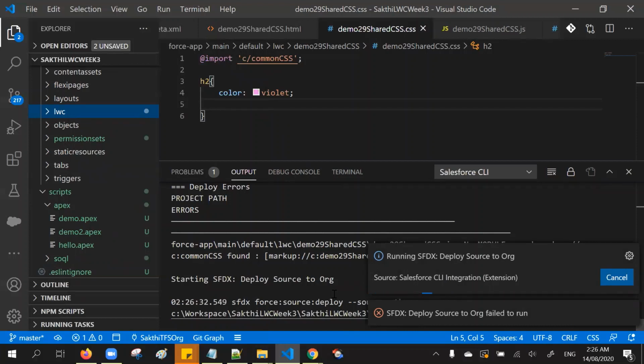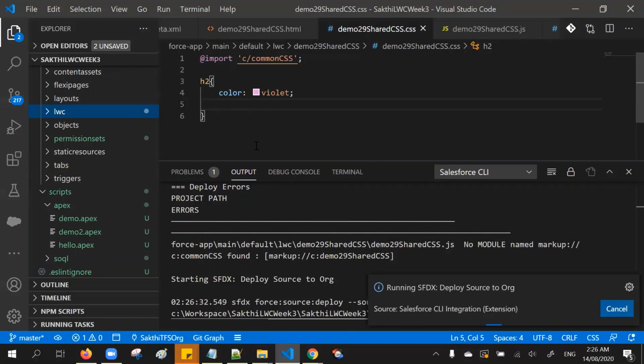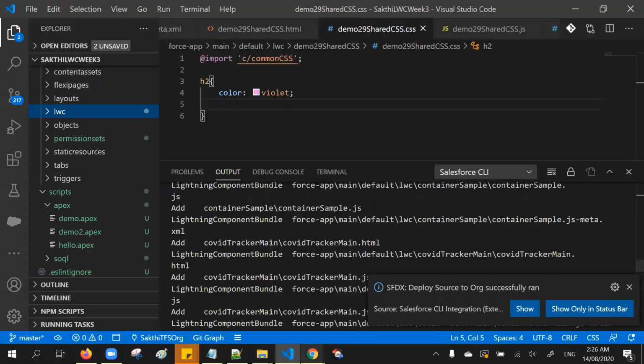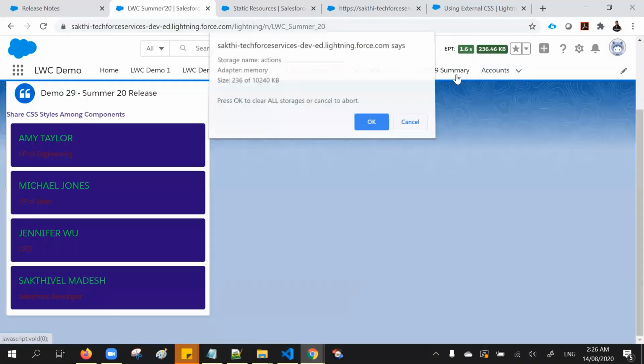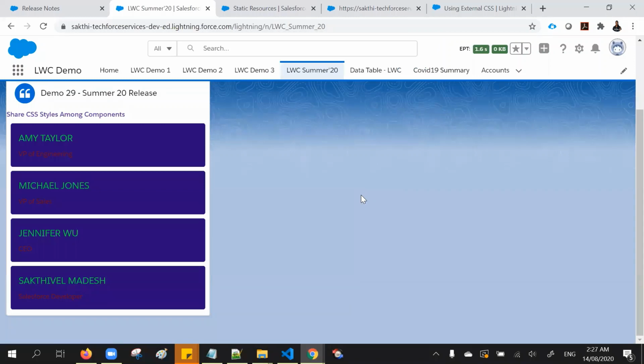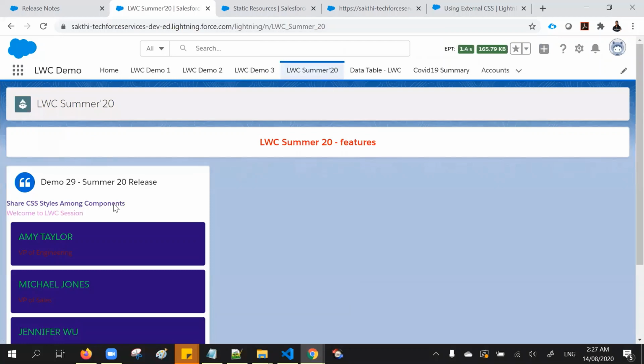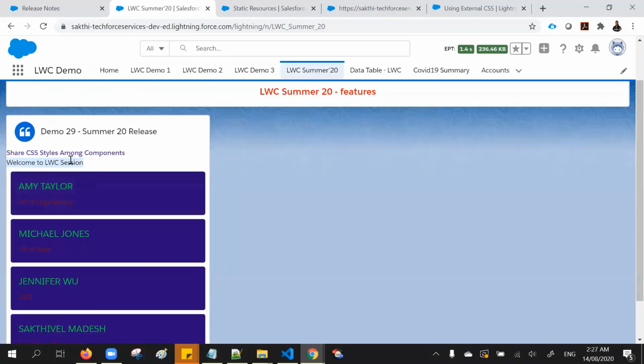Once the components are deployed, we'll check the results from the UI. The components are deployed. Let me clear the cache and refresh. I added the H2 tag and added the styles from the component bundle level.